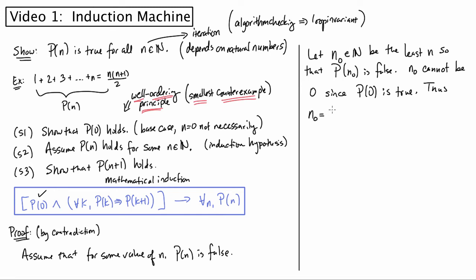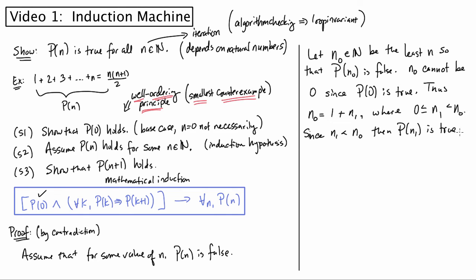n0 is 1 plus some value n1. You could think of it this way, that the smallest value that n0 could be is 1. So this is where 0 is less than n1 is less than n0. Since n1 is less than n0, then P of n1 is true,